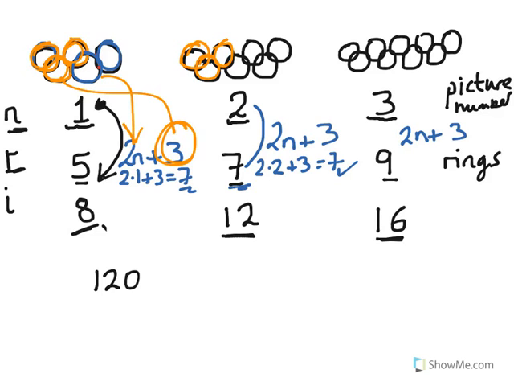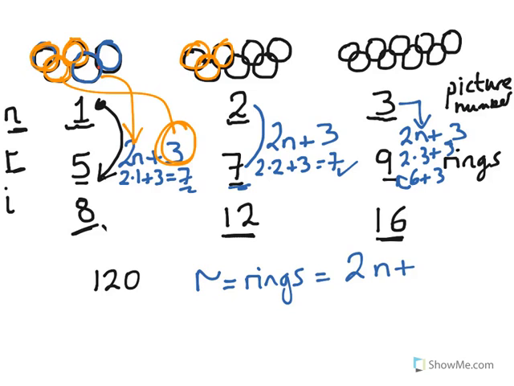In picture number 3, n equals 3, so 2 times 3 plus 3. 2 times 3 is 6, and 6 plus 3 is 9. So we have identified the formula connecting the number of rings: r equals 2n plus 3. So in picture number 120, if n equals 120, the number of rings in that picture would be